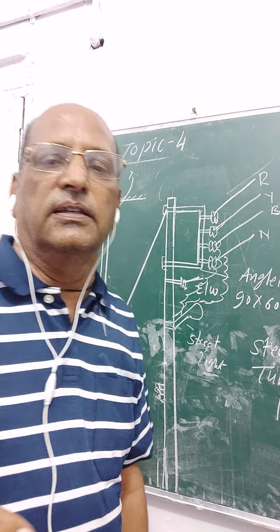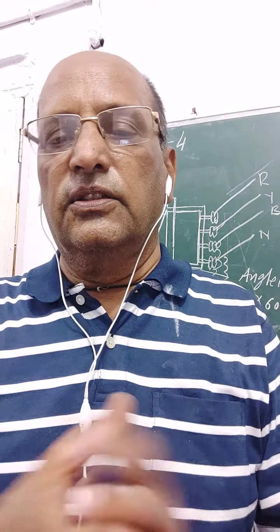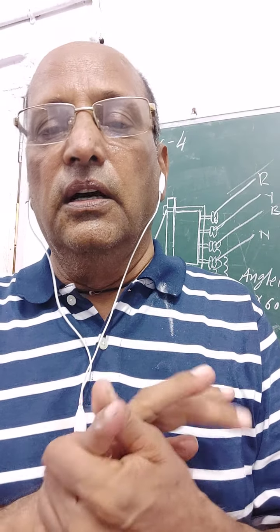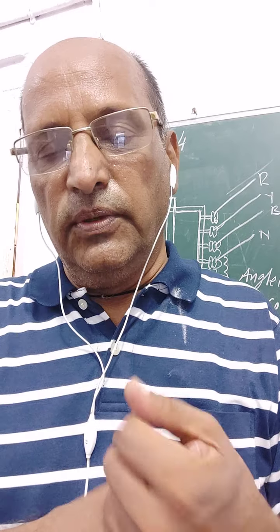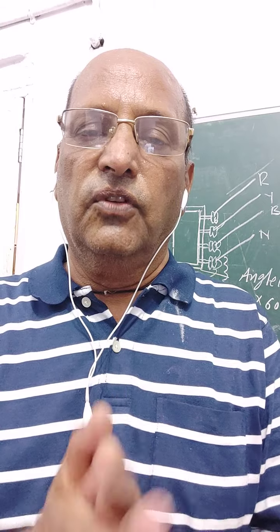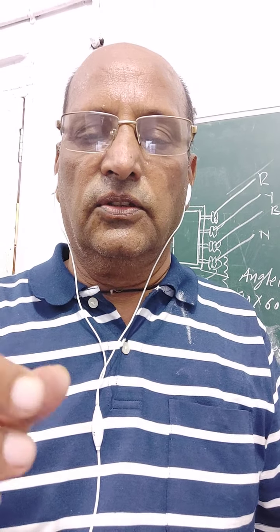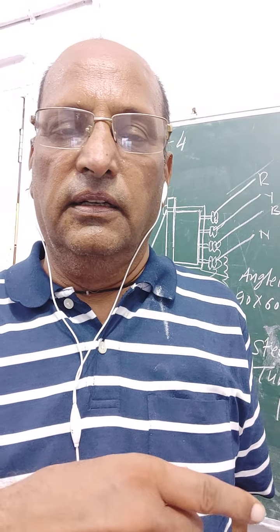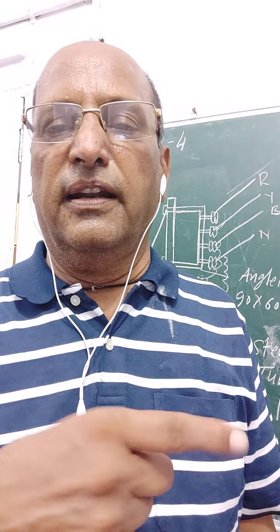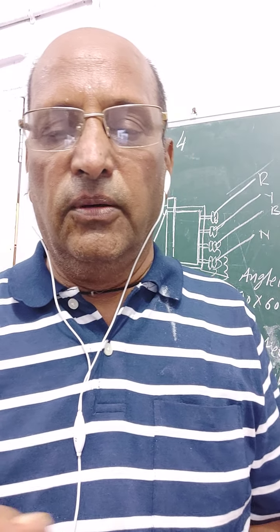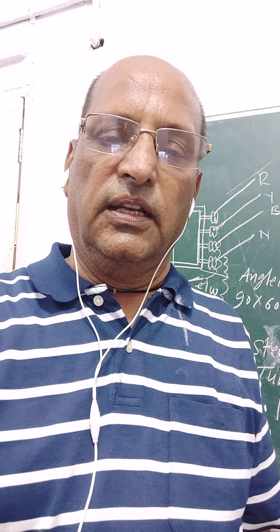So next time I will discuss the problem on HT line first, then LT line, and whatever material is given in the book, according to that I will list out the material, put their cost, and I will also discuss which material is used where, so that you can understand easily. So for today it is sufficient. You just go through all the theory I have taken, make notes with diagrams, and when I take the problem, note the problem also in that manner. Thank you.